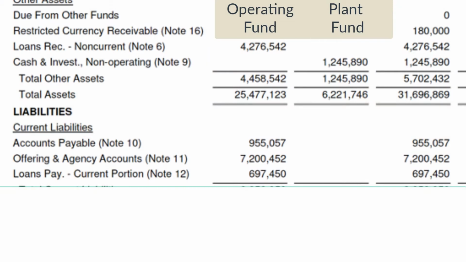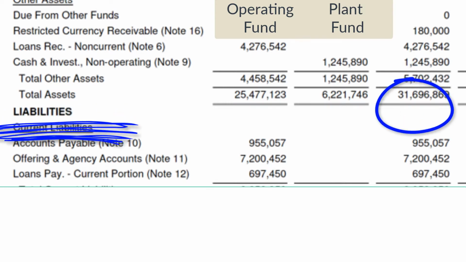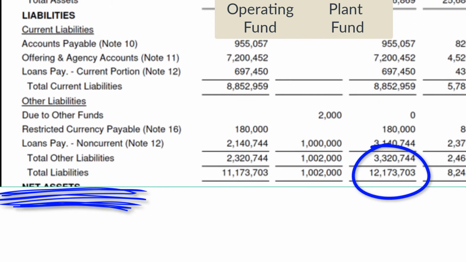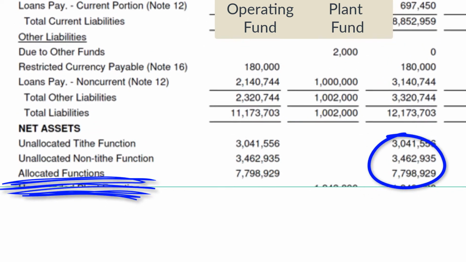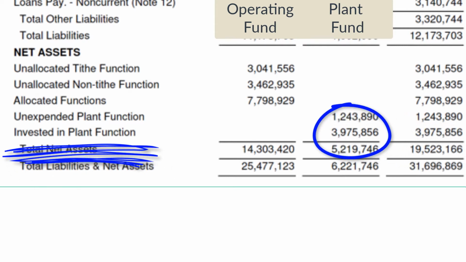So let's look at these financial statements and see if there's money to build a dining hall. And we're taking it slow, so don't rush to the end. So the organization has $31 million, but there's a burden of $12 million in liabilities. So that leaves for sure only $19 million that could be used on the dining hall. Of the $19 million, nearly $4 million is tied up in plant, property, and equipment. So we cannot spend it on the new dining hall. That $4 million, and so that leaves $15 million.